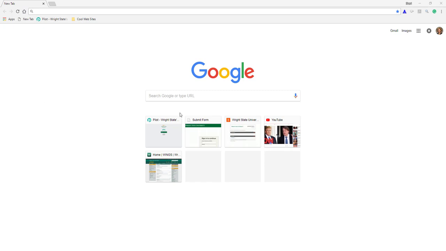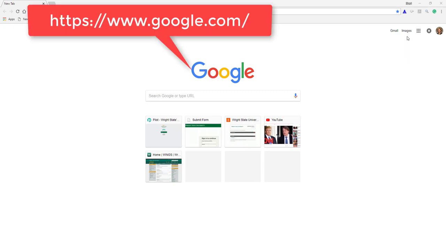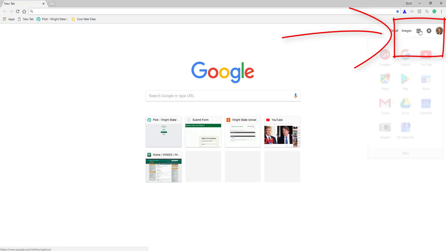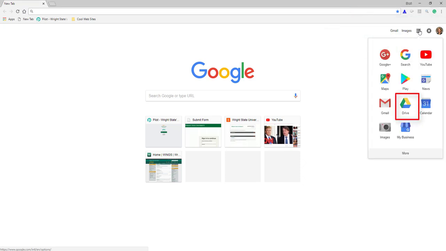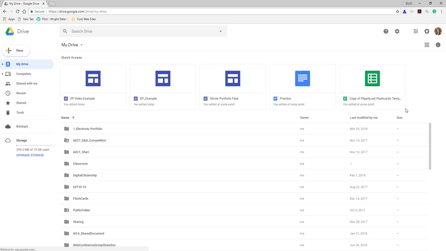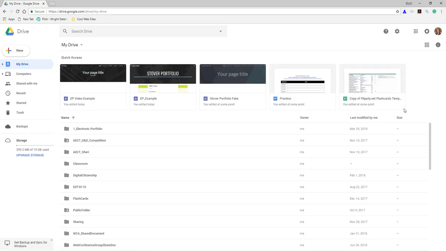to get you started. When I want to find my Google applications, I will just go to the Google website, and obviously you're going to have to create a Google account, so everybody needs to do that. But once you have that up and going, in the upper right hand corner are these small little dots. It's called the Google Apps. You can click over here, and whenever I want to find any of my documents, I will go to my Google Drive, and that's where I save everything because you have the ability to create files and folders so that